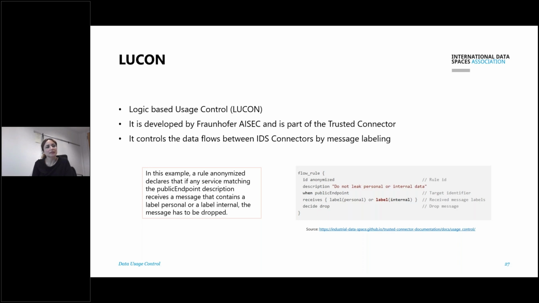So in this example, you can see that there is a policy rule. It is identified as anonymized. There is a description for it: do not leak personal or internal data. And it is specified in a way that, say, when it comes to a public endpoint and receives data that is labeled as personal or as internal, then it has to be dropped. So you can get more information about it